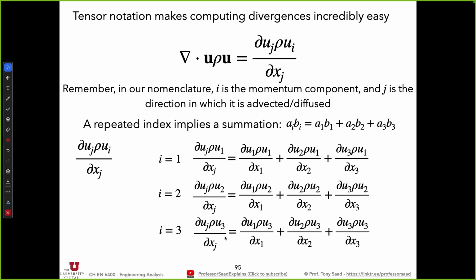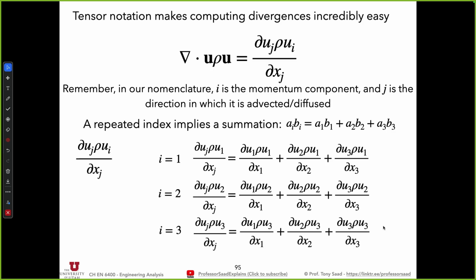Same thing for the z momentum contribution, and i equals 3 in this case, repeated summation on the repeated index, and you're good to go. Now, this should hopefully explain to you why I didn't write this as u_i rho u_j, because eventually I'm going to be transporting the i momentum component. So my time dependent term is going to be ∂(rho u_i)/∂t. And so I need to make sure all the terms that are being transported have i,